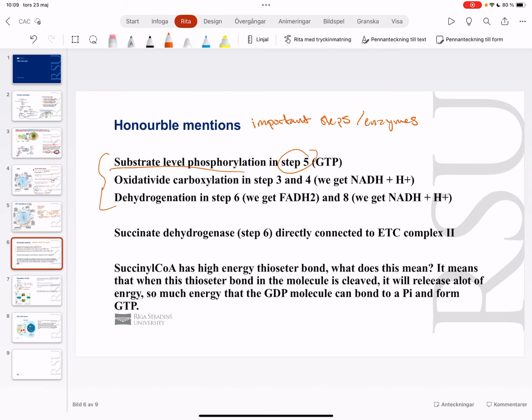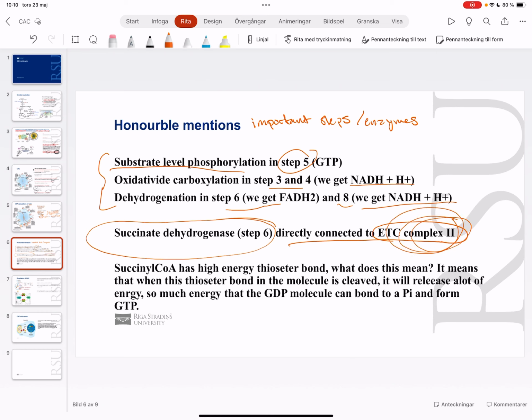Then we have oxidative decarboxylation in step 3 and 4, we get NADH and H. Dehydrogenation in step 6, we get FADH2 and in step 8 we will get NADH. Also, in step number 6, we have succinate dehydrogenase, which is directly connected to the electron transport chain in complex 2. Then another thing that they mentioned in the lecture was